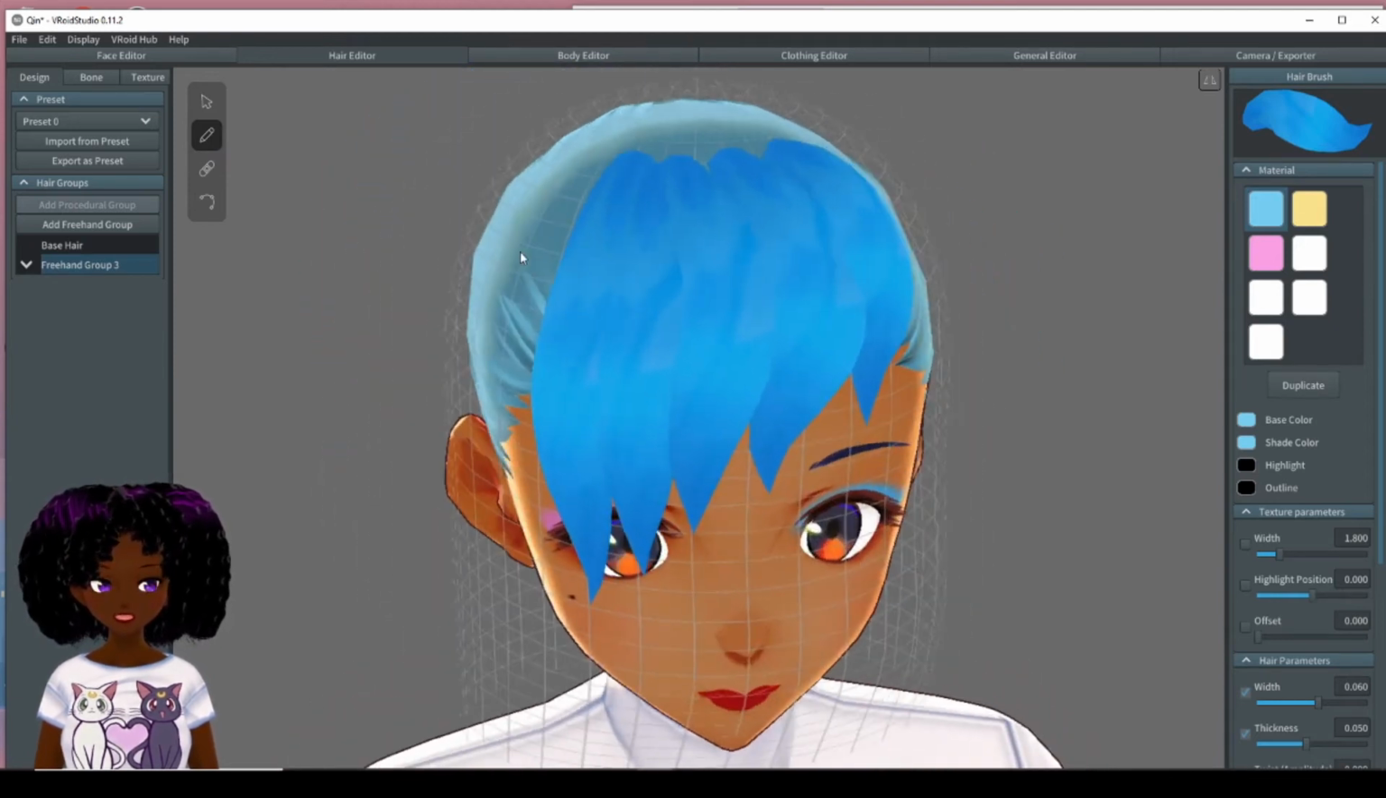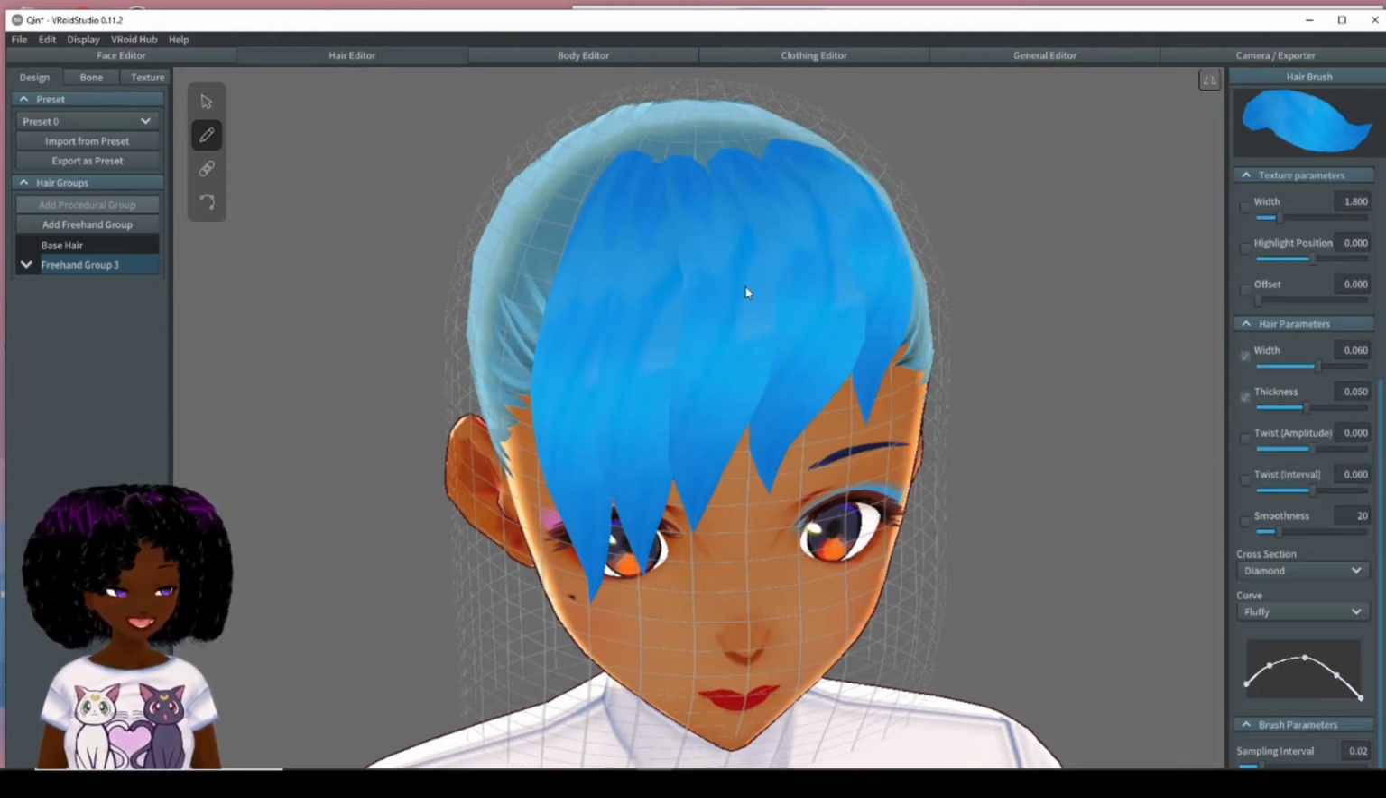So I basically draw out. Obviously, your texture won't look like this just because, like I said, I was using this for testing purposes. And then you're going to change